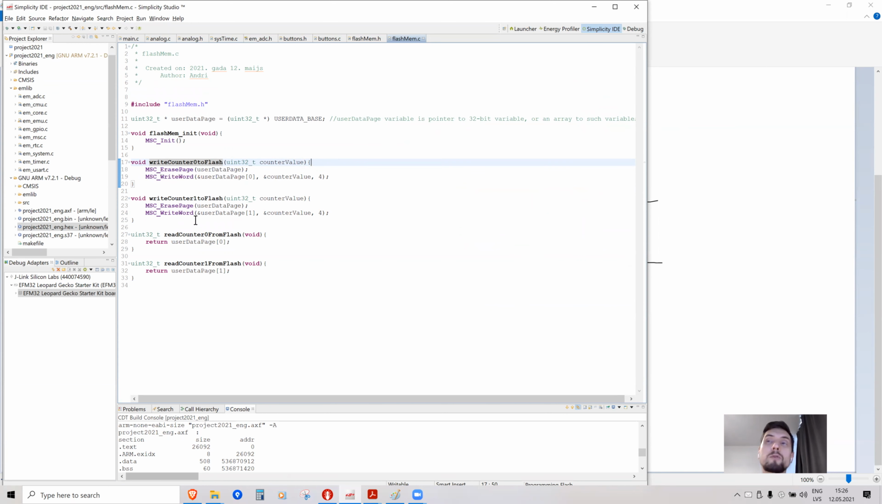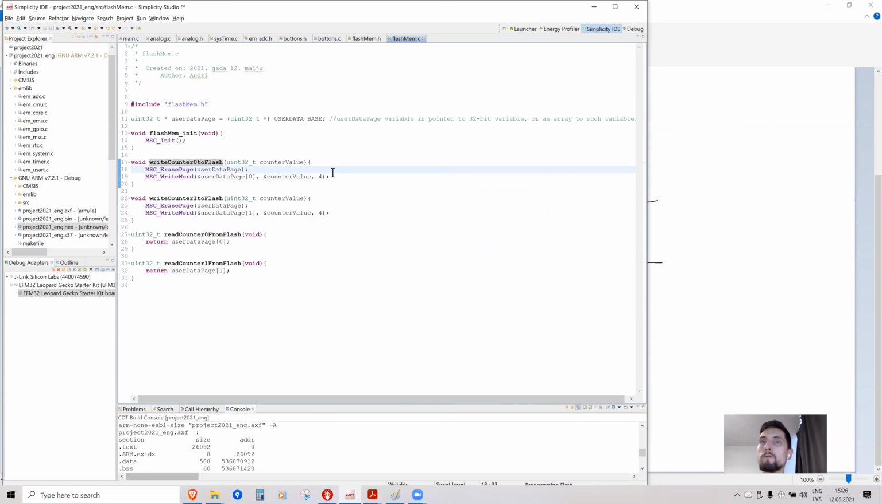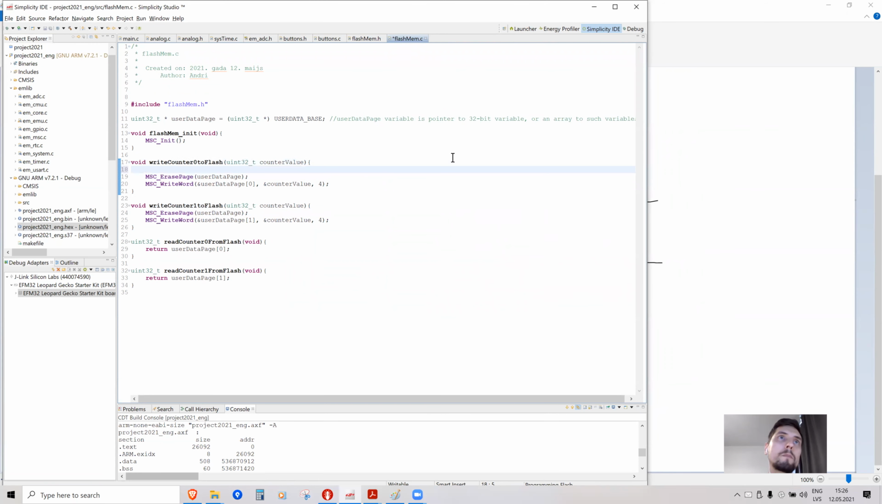So what we would need to do is one of two things. Either put each of the counters in its own separate page, so when we erase one page, the other doesn't care. But unfortunately, the user data page is only one page, so we have to fit both variables in the same page. So what we actually need to do is, when we want to write counter 0, first retrieve the counter 1 value and only then write both counters into the flash memory. So we need to make some temporary buffer